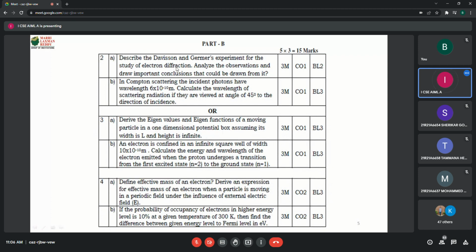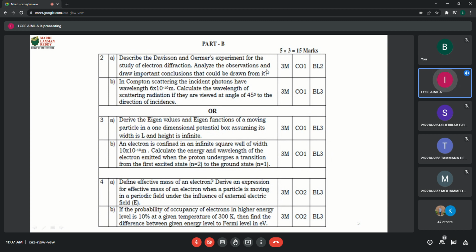Now you may say there is some other question. De Broglie equations they have asked actually. But here, the second question, if you take: describe the Davisson-Germer experiment for the study of electron diffraction. See how the question was given here. They are twisting the question, but the answer for Davisson-Germer will always be the same. You have to write about the Davisson-Germer experiment, which explains the wave nature of a moving particle. The particle is nothing but an electron actually. That is what you have to write.